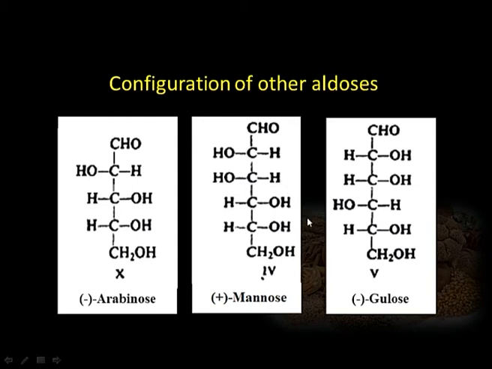Now, let us move on to the configuration of fructose. Fructose is a ketohexose, and by different chemical reactions it was also found that it consists of 6 carbons, but one of the functional groups is ketone, whereas in glucose it is aldehyde, and all other 5 carbons have 1 hydroxyl each. This carbonyl present at carbon number 2 was confirmed by addition of HCN, that is getting the